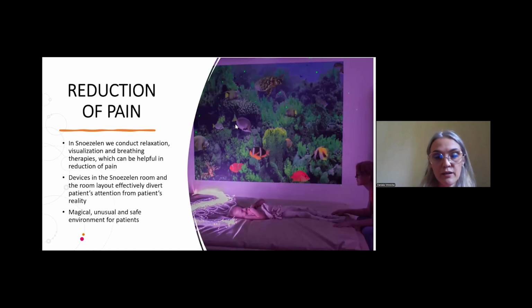Reduction of pain. In my experience, many persons who are in a snoezelen room don't feel as much pain as before. In snoezelen, we conduct relaxation, visualization, and breathing therapies, which can be helpful in reduction of pain. Devices in the snoezelen room and the room layout effectively divert patients' attention from the medical reality, in a safe environment for the patients. So we try to take our children to the snoezelen room before